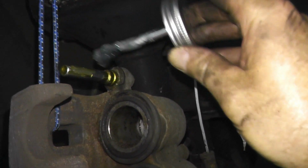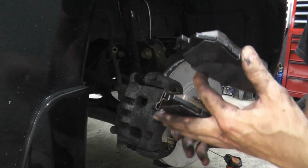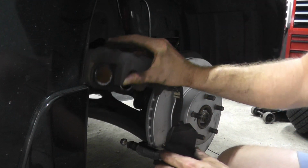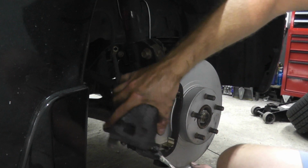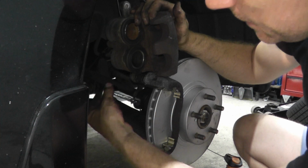Again, this is grease on the top pin. And these are Power Stop brake pads and rotors. I've never used Power Stop before. Typically I buy Bosch, but they had a whole kit and I decided might as well give it a shot. Well, hold on. The kit does give you a little bit of grease, but again, I have this here. Also on the back here,